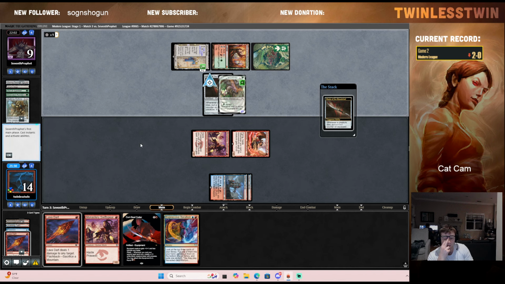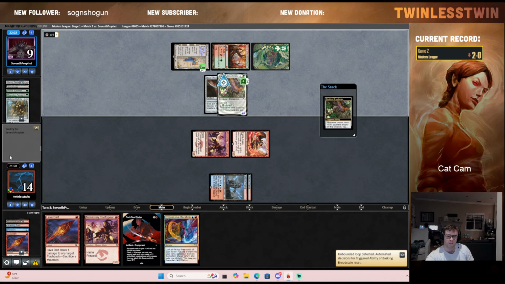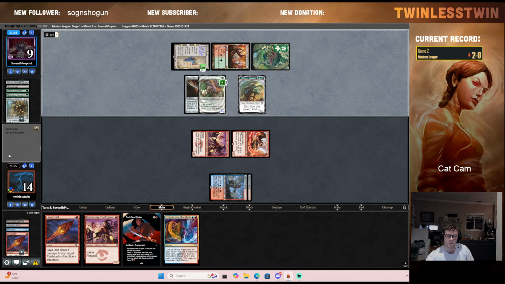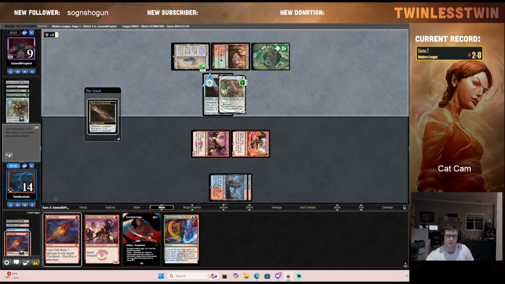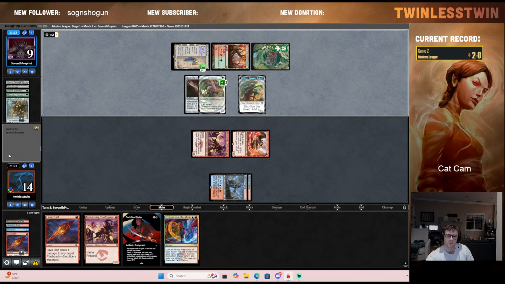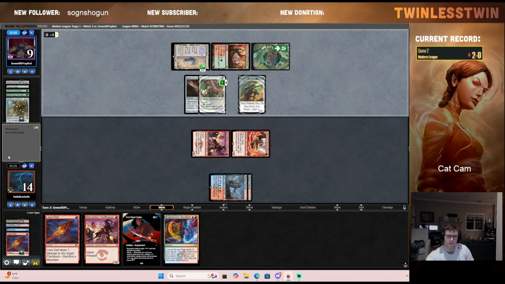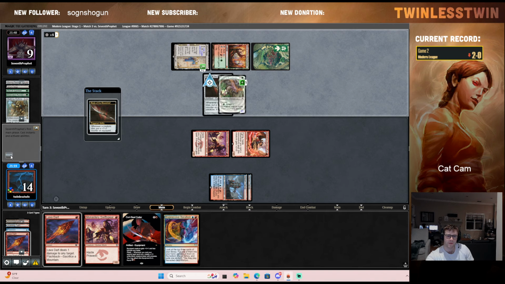I thought the preordain for a land was like a sure thing, but I guess maybe it's better just to attack and hope they don't chump block. If I had the hand, I feel like I could call. Unbound loop detected. What does this mean? I don't know. Do they have the win con again? The worst hero ever, I feel. I assume they do, but...